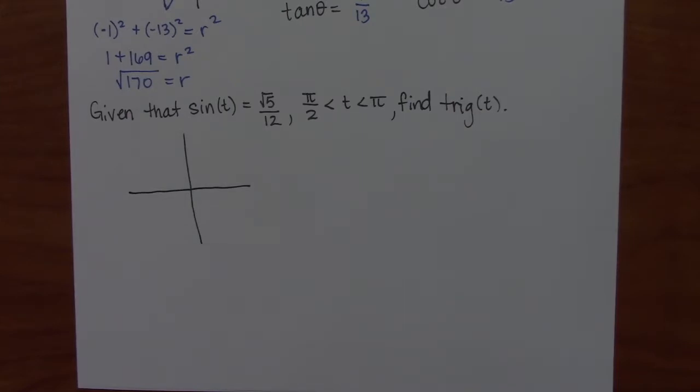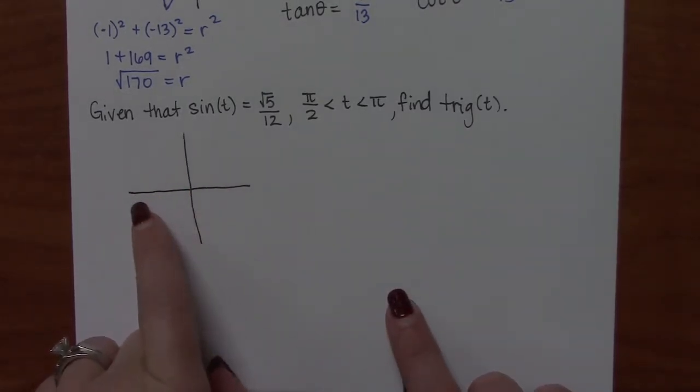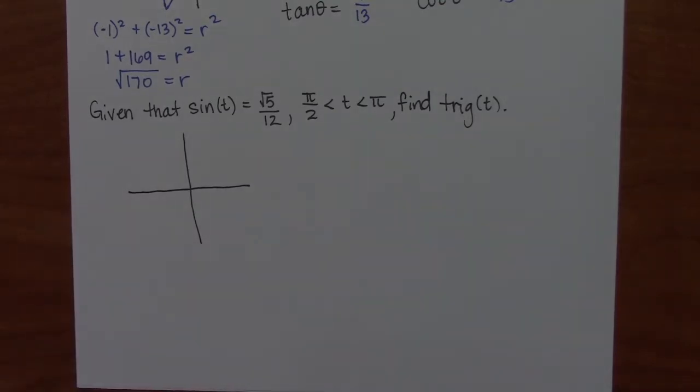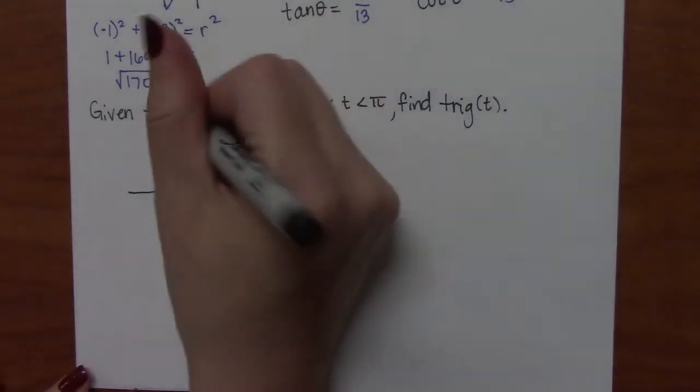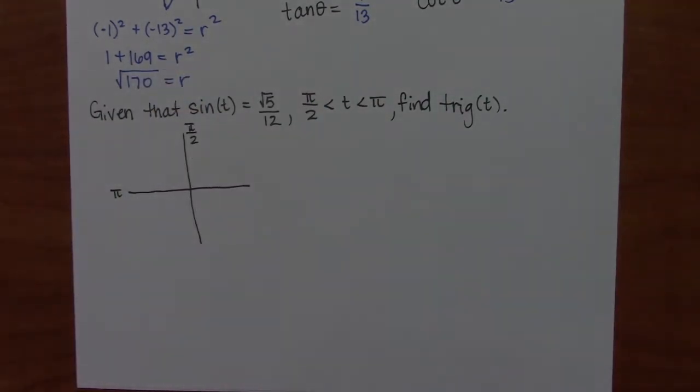So what quadrant are we in? Second. So t is between pi over 2 and pi, right? So this is 0, there's pi over 2, there's pi. So one of the ways we can give you the quadrant is we can give you the bounds on the quadrant and tell you that the angle is somewhere inside of that. So basically we told you that the angle t is somewhere between pi over 2 and pi. So that means,